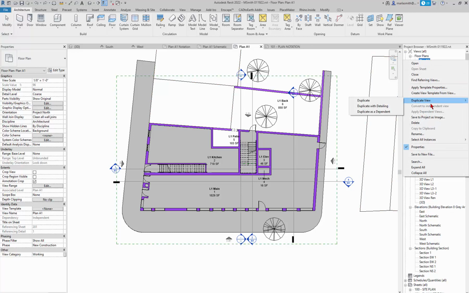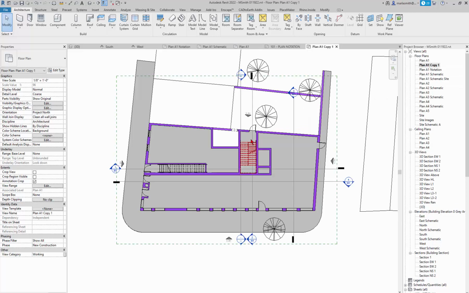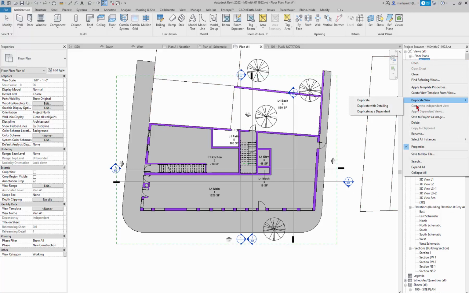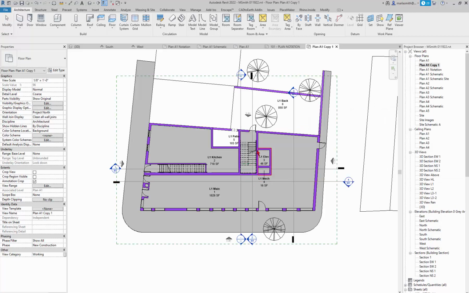So it will duplicate or duplicate with detailing, and I'll show you what both of those are. If I duplicate it, it will make a copy of it, but it will not bring the rooms and the room tags in with it. So what I want to do is duplicate it with detailing. So I'll Control Z that, and I'll come in here and duplicate the view with detailing. And it will bring the 2D elements, which, when I create them, only exist in that view, and